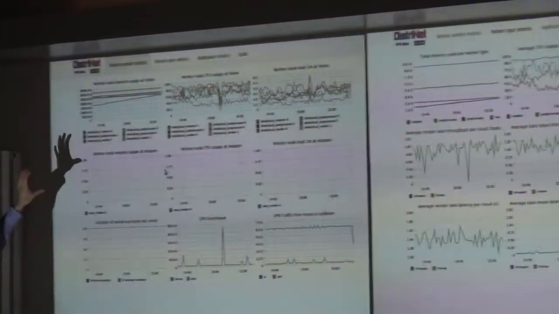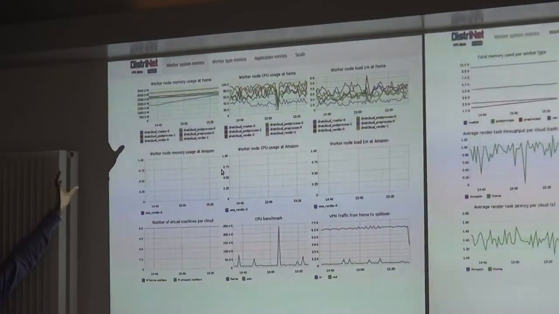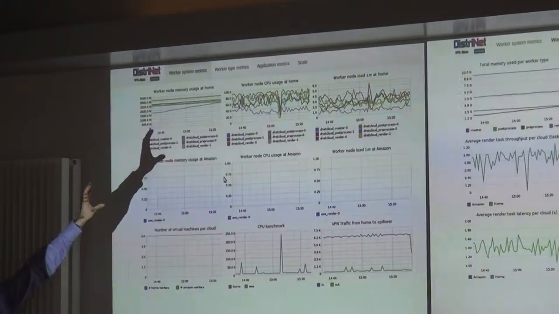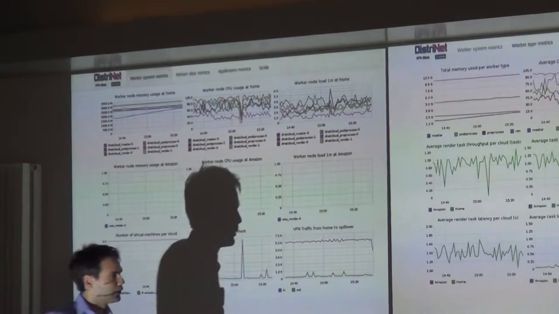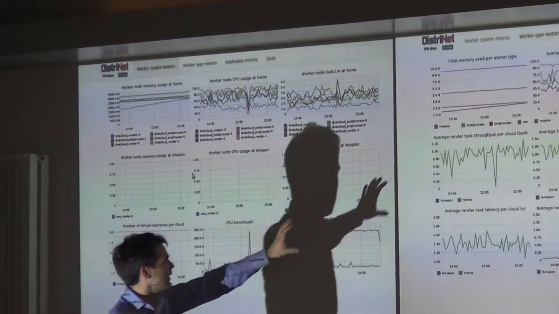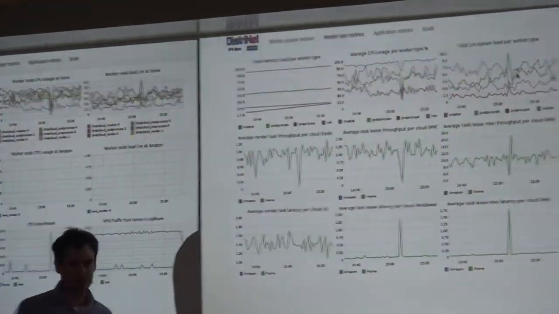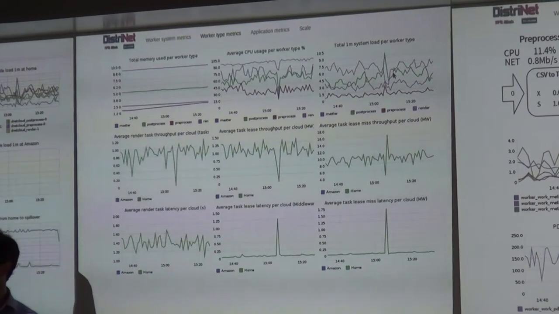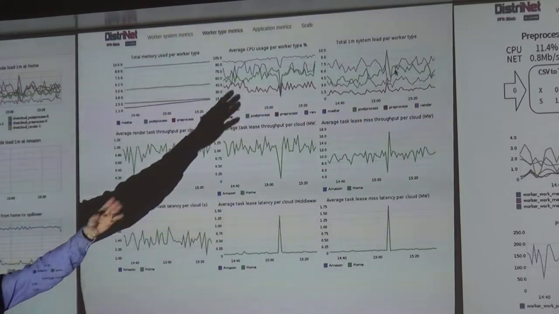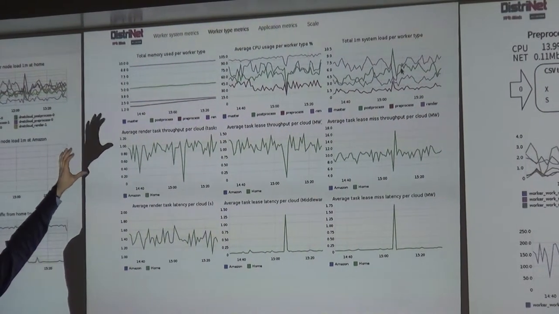Here on top we have raw data. We have memory usage per machine, we have CPU usage per machine, we have the 1 minute load per machine. Here on the top row we have exactly the same data but aggregated per worker type. So then we see for the three worker types plus the master server